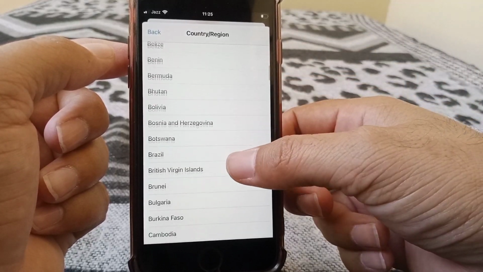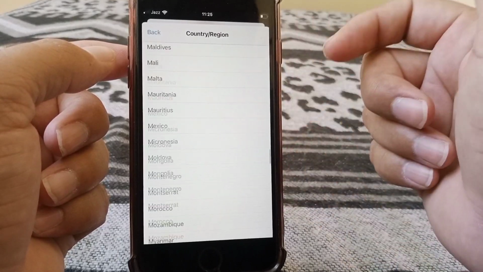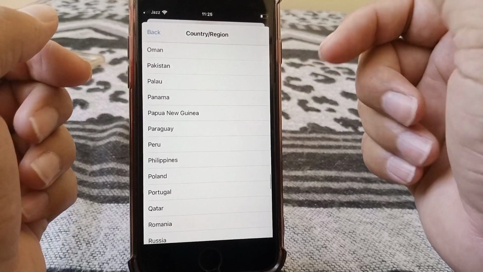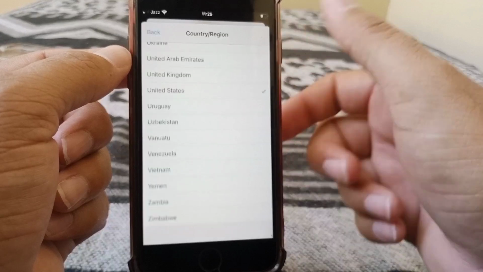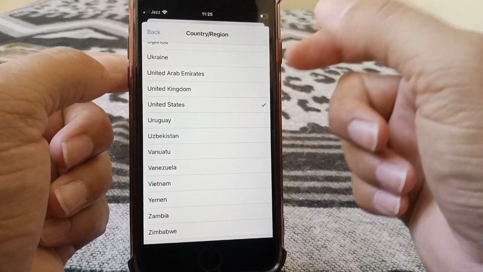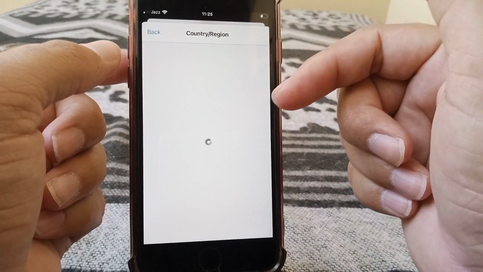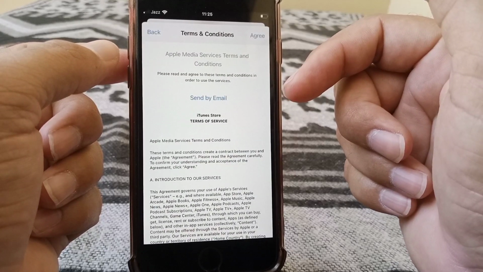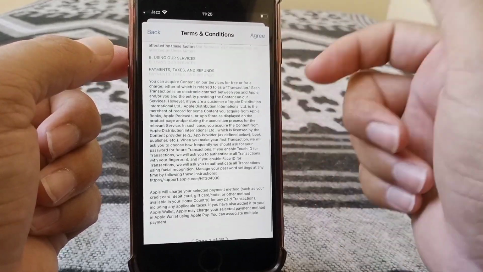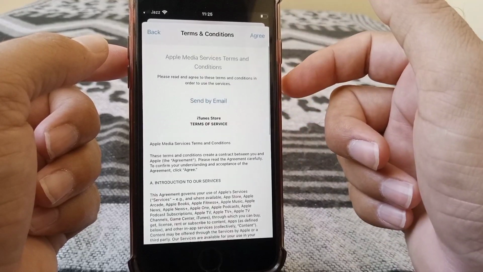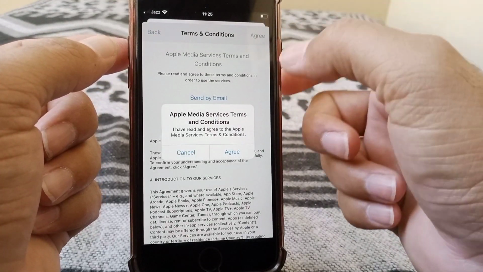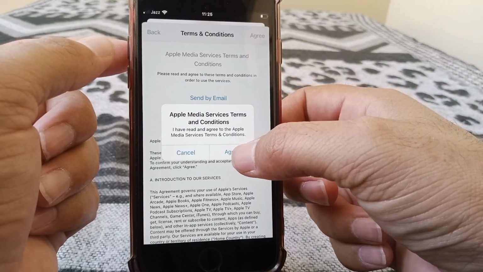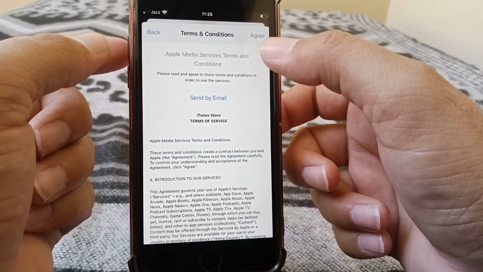And from here you have to make sure that you select the country in which your credit or debit card was issued. So carefully I'm selecting my country as United States, and then here are some terms and conditions, so read them carefully, and then tap on agree. You have to agree to them. Again tap on agree to confirm the process,